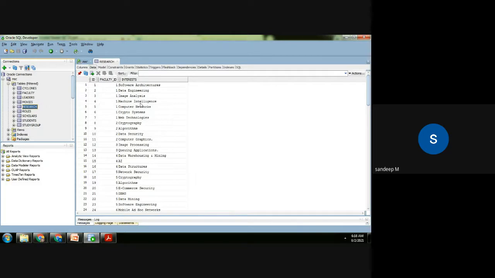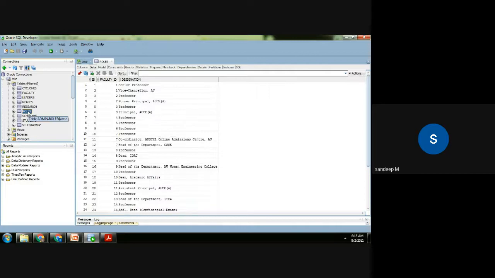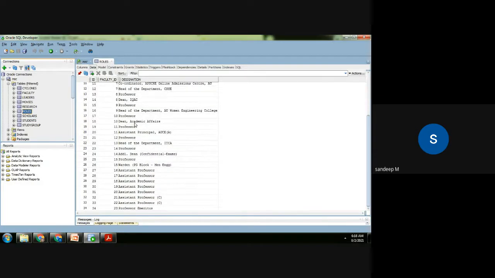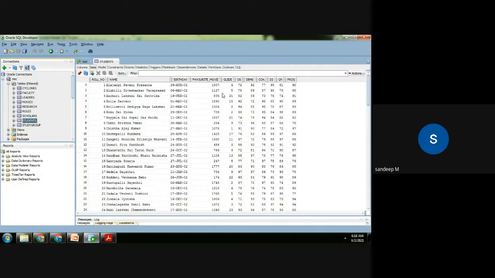Maybe you want to know the roles, the different roles they have in this university. So faculty ID 4. You can see how we are splitting the data across multiple tables. So in the students database, the guide is a foreign key, and this faculty ID is a primary key in the faculty table. That's why we call it a foreign key.